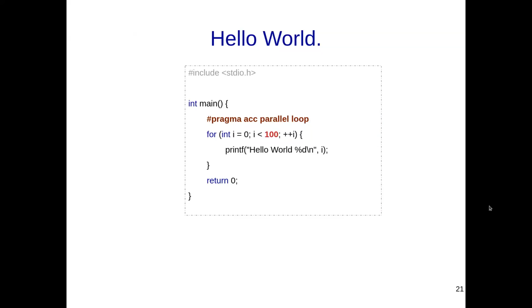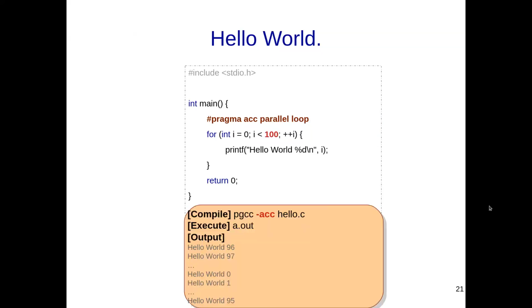Okay, and why is that? That happens because I need to specify a command line parameter to tell the PGCC compiler, boss, generate code for a GPU and run it in parallel. Don't generate code for a default device, maybe the CPU. Right? So with -acc as a command line argument, you have to